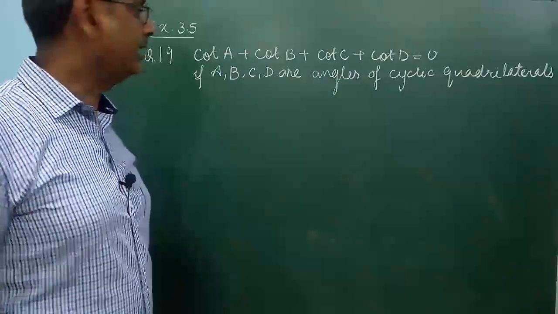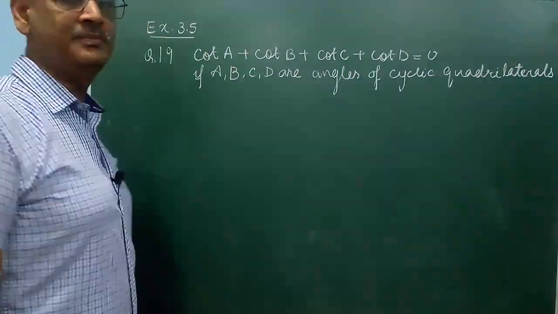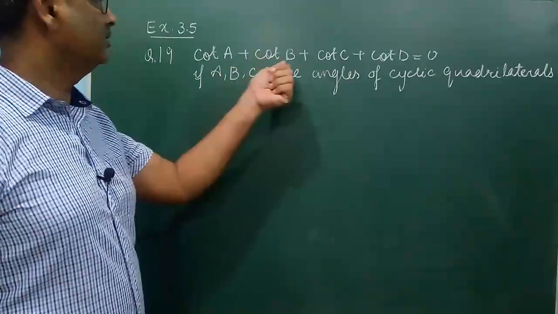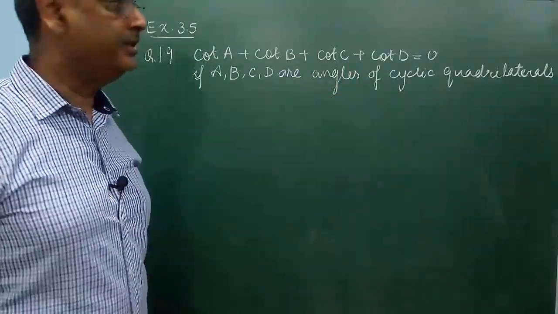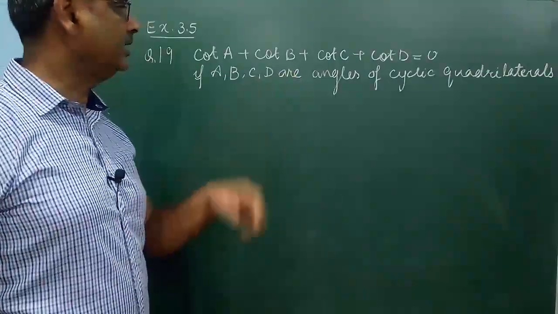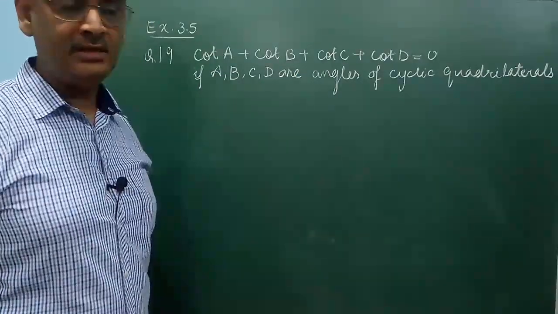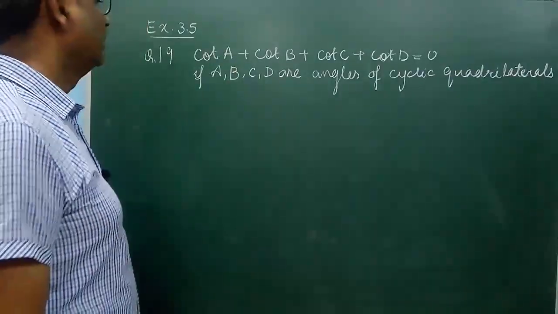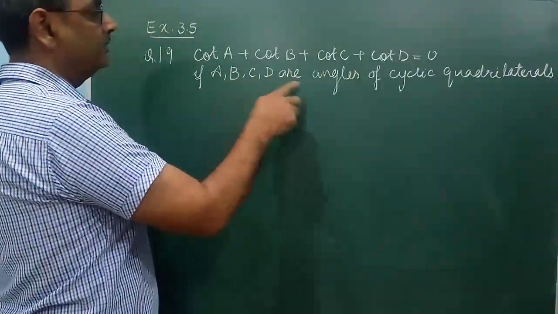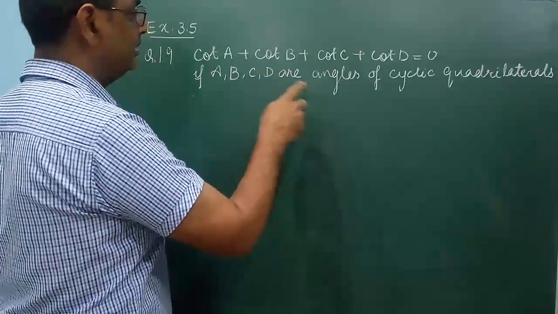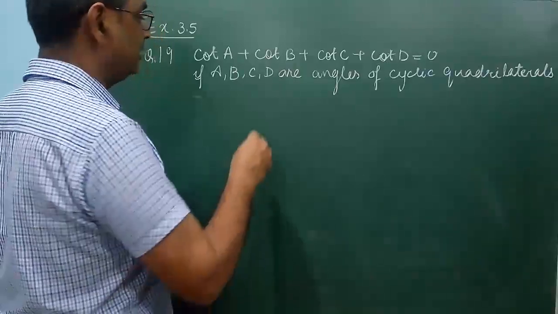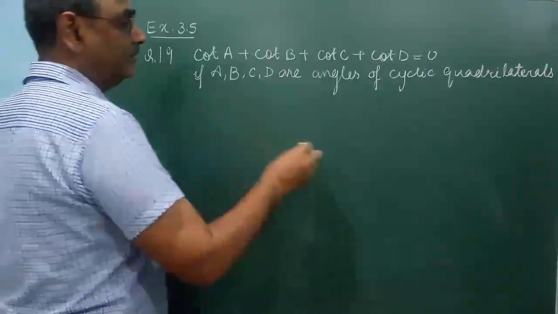Today we will be doing the 19th question of the exercise 3.5. The question is: cot A plus cot B plus cot C plus cot D equals 0, if A, B, C, D are the angles of a cyclic quadrilateral. We know that if these are the angles of the cyclic quadrilateral, then